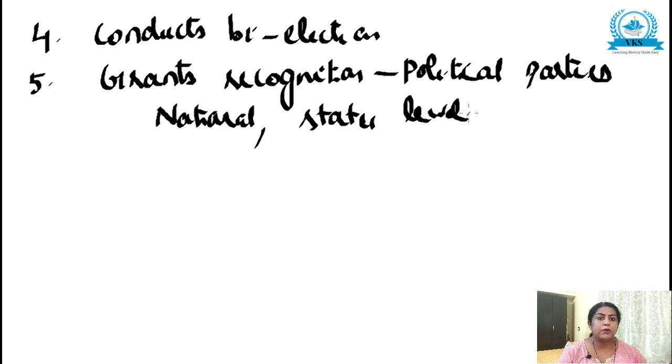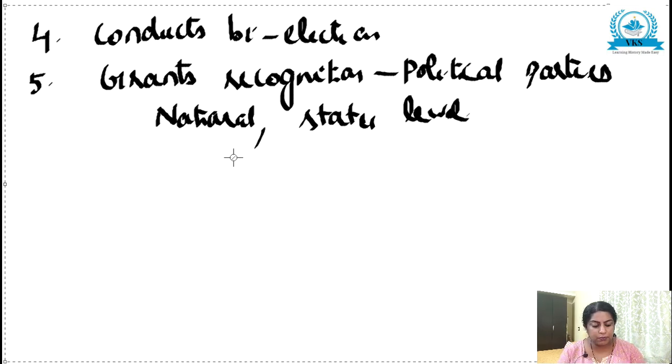Now the next point you are going to learn is on what basis the Election Commission gives recognition to a party as a national party or a regional party. What is the basis for that? So the fifth one we studied: it grants recognition to political parties as national and state level parties. Now we are going to see on what basis this decision is made. According to an act called the Election Emblem Act 2000,